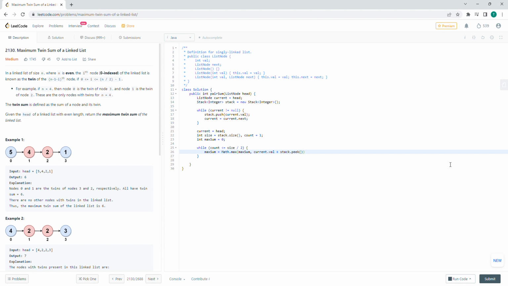Don't actually take the value, and then we update current pointer to current.next. We also want to pop from the stack to remove that value, and we want to increment our counter as well, count plus plus, just to make sure that we're still inside the loop breaking condition. So we exit this loop, and then at the end of this we want to return our max sum,